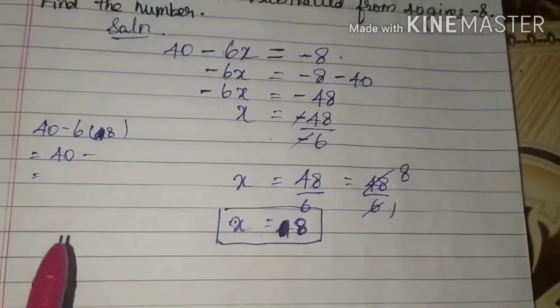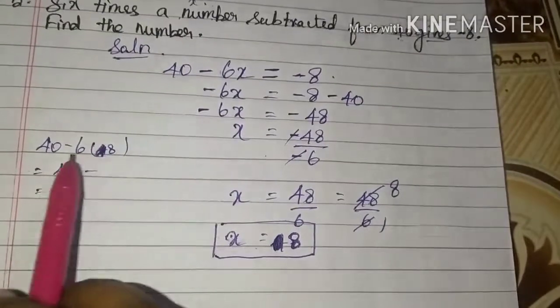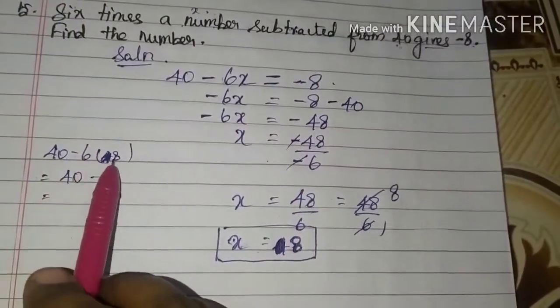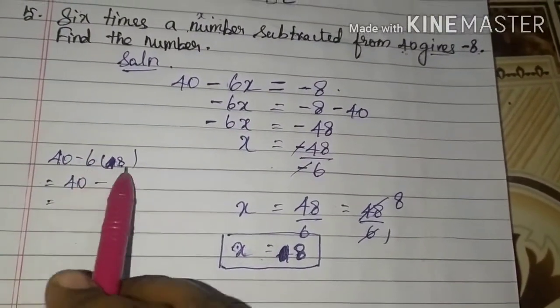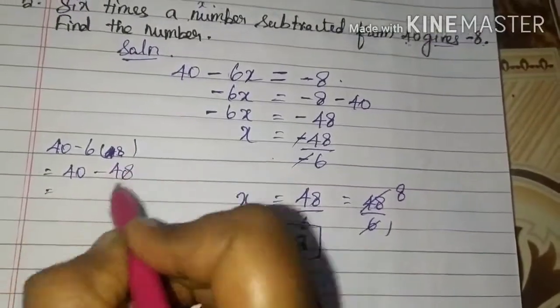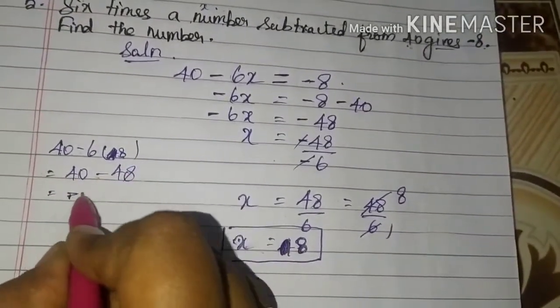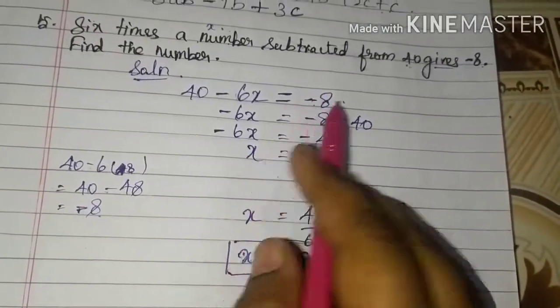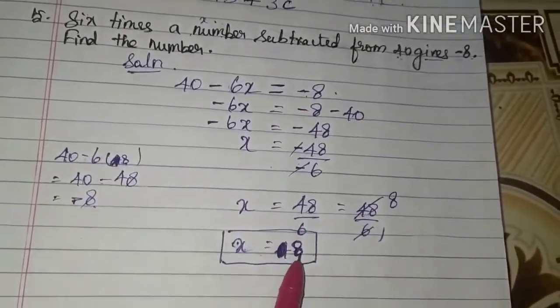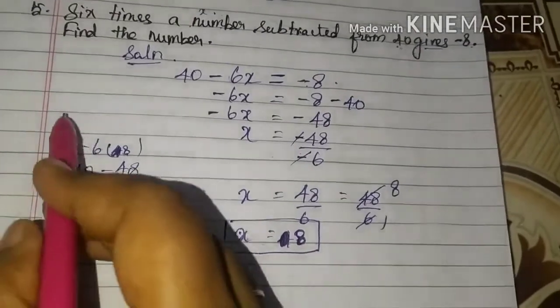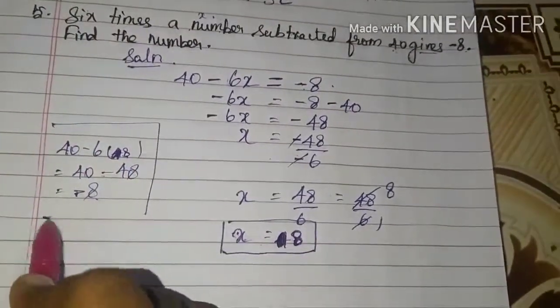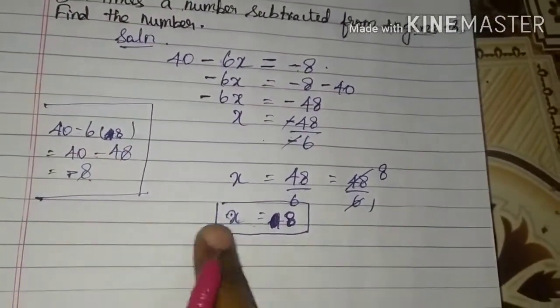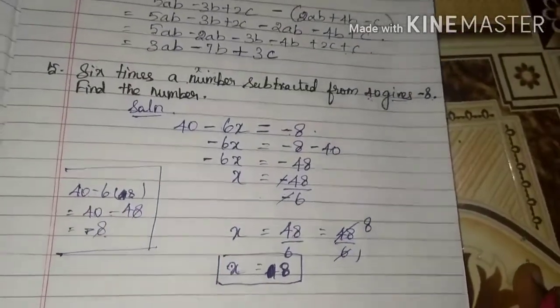x equal to 8. Now we will check with this expression. So 40 minus 6 into x பதிலா 8 கொடுத்திருக்கேன். 6 8s are 48. So 40 minus 48 is minus 8 I will get. So answer is right. Here minus 8. Okay va. So that x value is 8. Okay. Are you clear children? This is for checking purpose only. Okay. x equal to 8 is the correct answer.